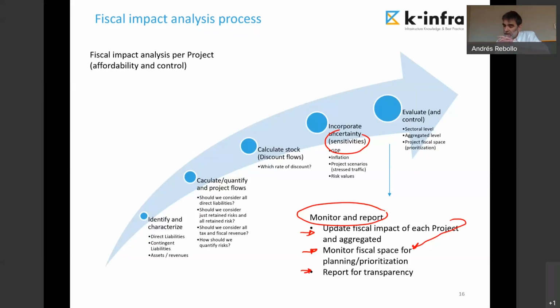Julia Moreta is asking, in a control system with ad hoc PPP limits, why not to consider the service of a debt subscribed to finance public payments? Or why not to consider public co-financing? So I guess public co-financing would be the portion of the project that the government will be financing directly, making payments during construction. I think I already explained this, Julia, but just to refresh this,